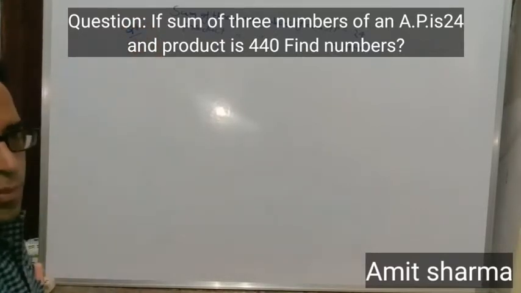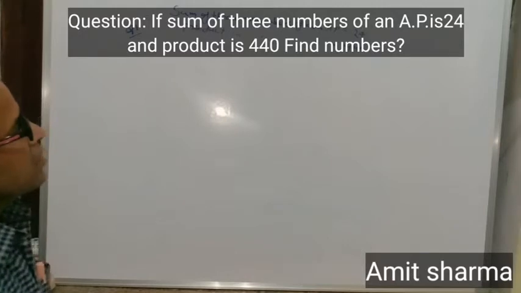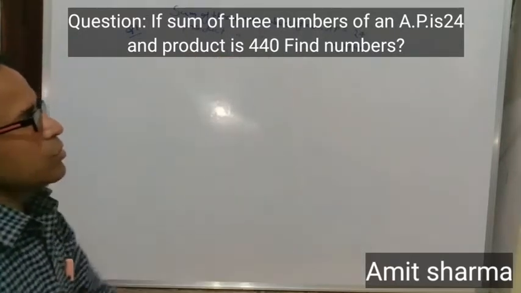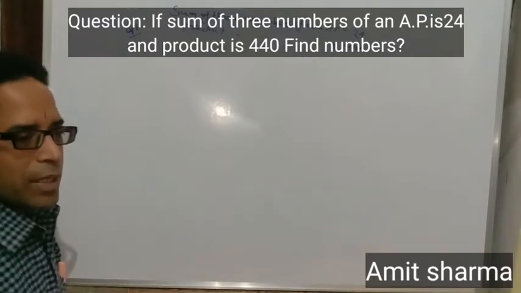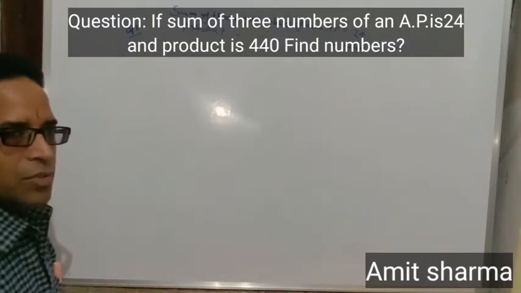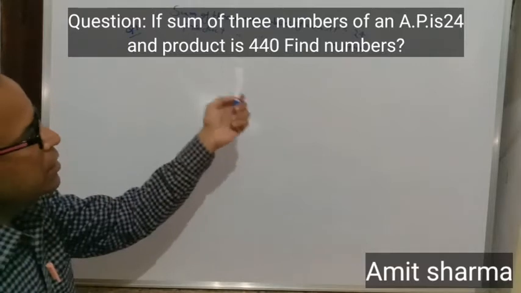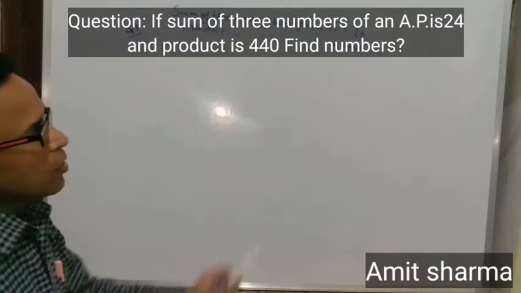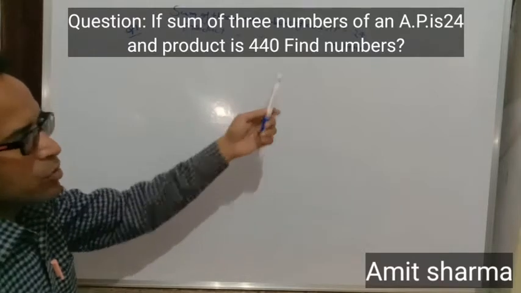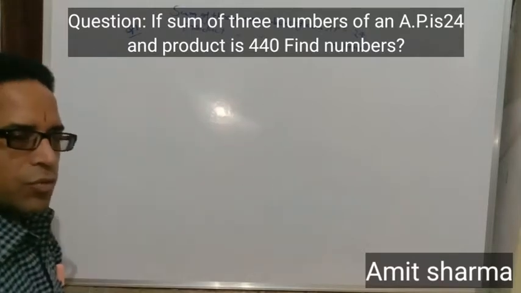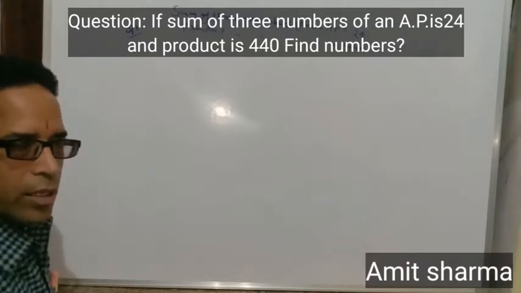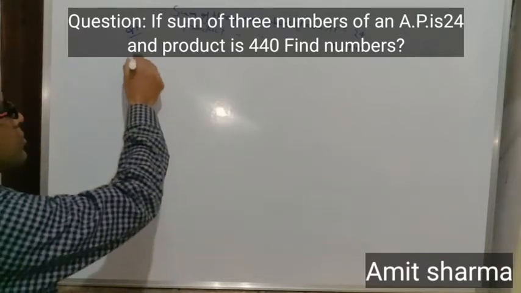If an AP has the sum of three numbers equal to 24, that means any AP we have, the sum of its three terms is given as 24, and the product of the numbers of the AP is equal to 440. You have to find all the three numbers. Okay students, the question is clear. Now the solution is,